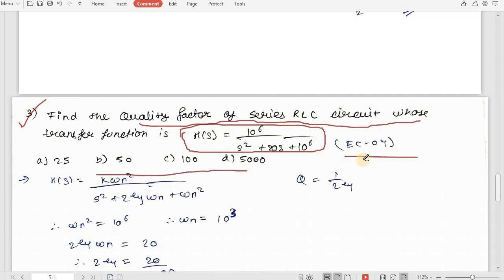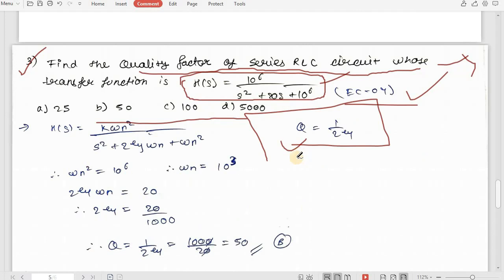Whenever you get this type of question, where you are given a transfer function and you have to find the quality factor, you have to use a particular formula. The traditional way to solve this is to take a series RLC network, convert all the components into Laplace transform, figure out H(s) from that circuit, get your RLC values, and then substitute them into the quality factor formula, 1 upon R under root of L by C. But that method is very tedious. Instead of that, we are going to use this formula, which will reduce our work.